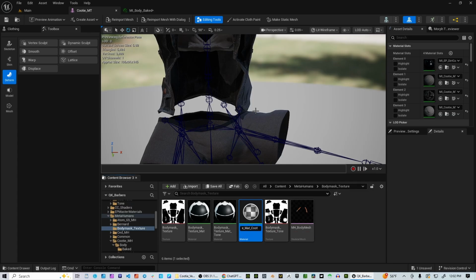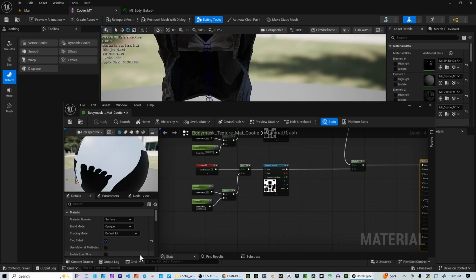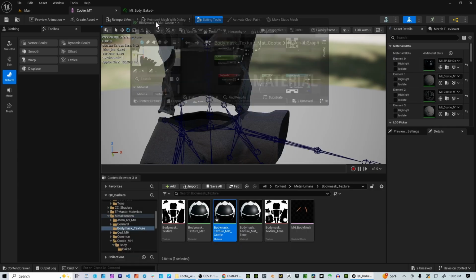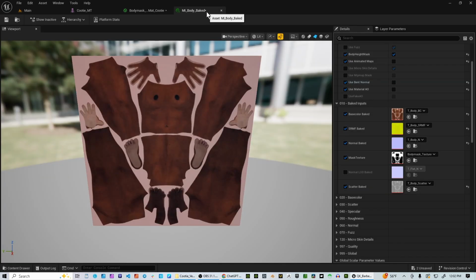I want to name it and give it a designator so that I know who it belongs to. Then I'm simply going to go inside of the material, and in each texture sample I'm going to switch out the texture for the duplicated texture that I just created,